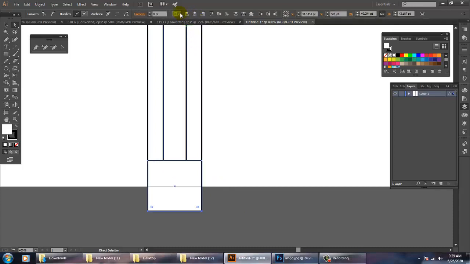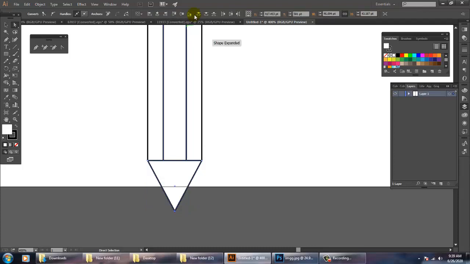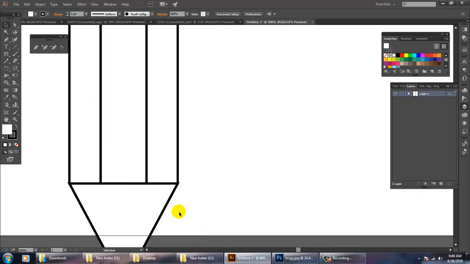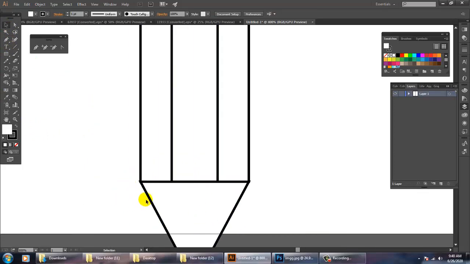So what we need to do is go into this and say align to selection and horizontal align center. Once you horizontal align center from here, you will see that this point will come at the center.